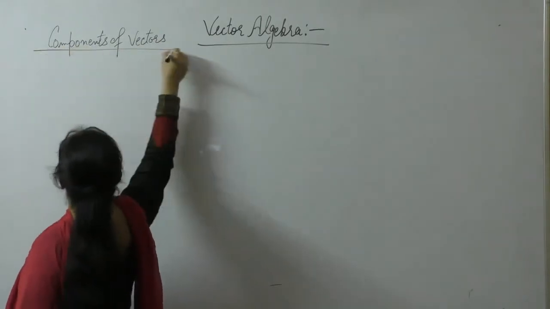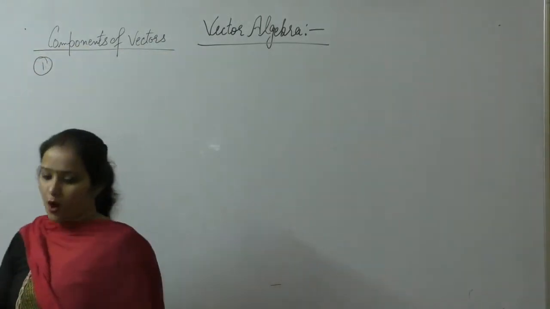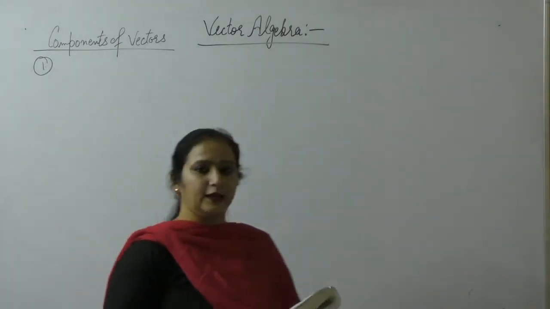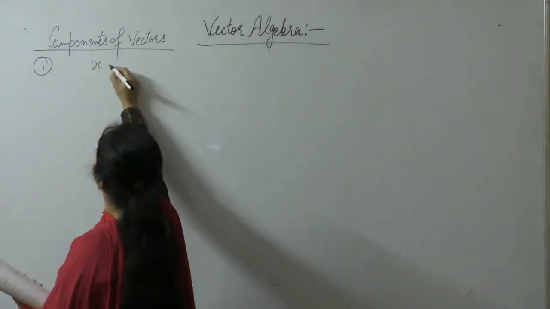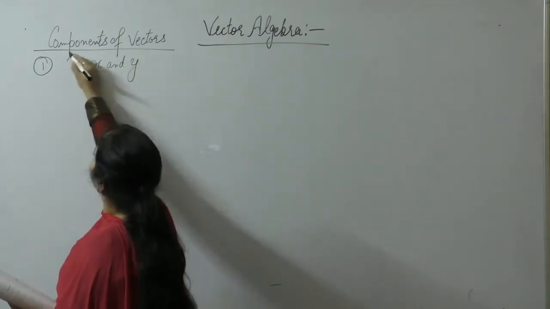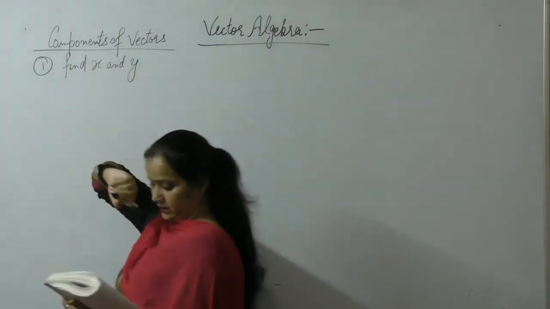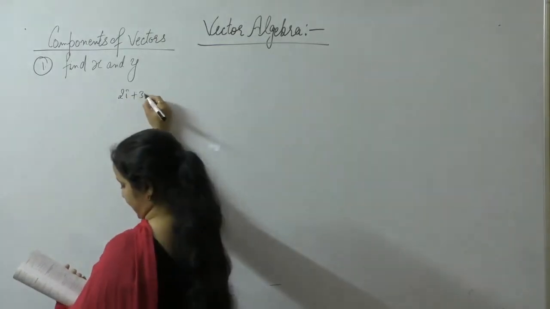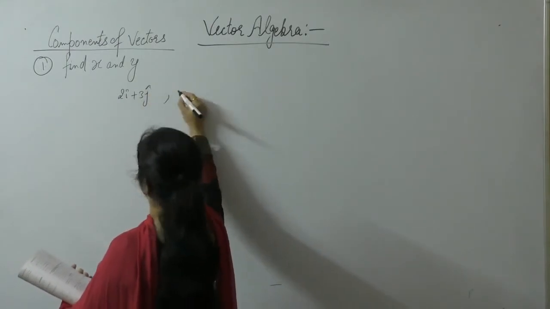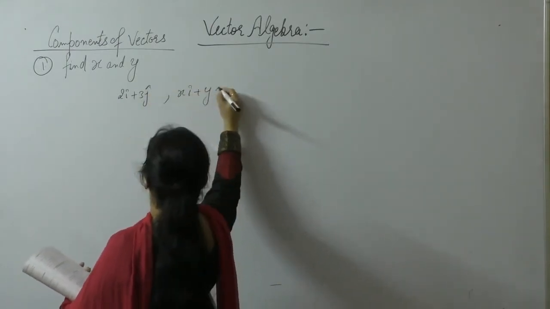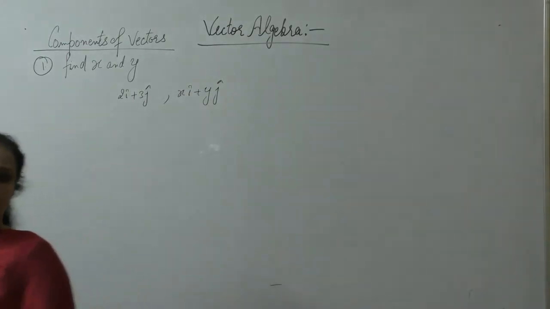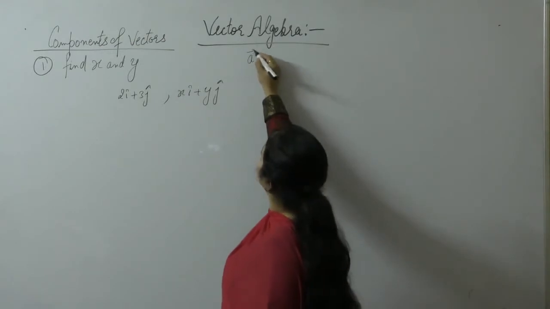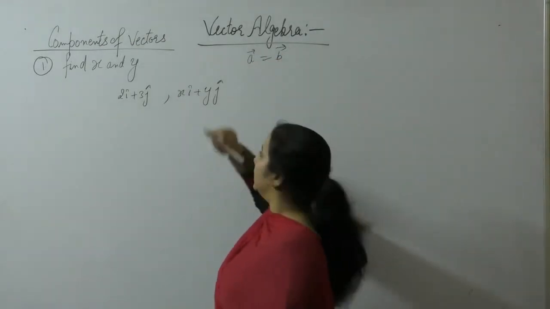Let us start with the questions. Question number 1. Find the value of x and y so that the vectors 2i plus 3j and vector xi plus yj are equal. Now if any two vectors are equal, suppose we have two vectors a and b, they are equal and